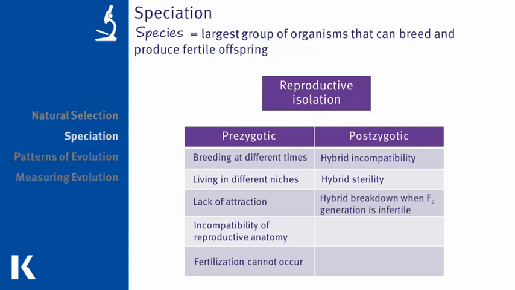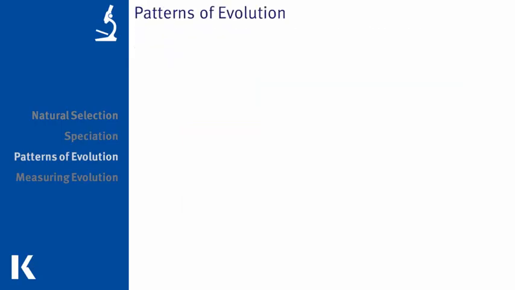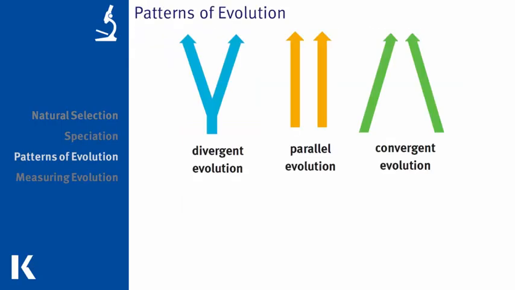Finally, there are examples of species that can interbreed and form fertile offspring in the F1 generation, but hybrid breakdown occurs when the F2 generation is infertile. Let's now take a look at the three different patterns of evolution. These patterns are divergent, parallel, and convergent evolution, and describe whether species are similar based on a common ancestor or